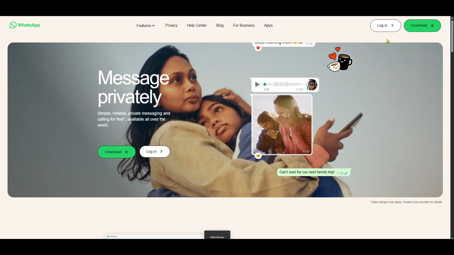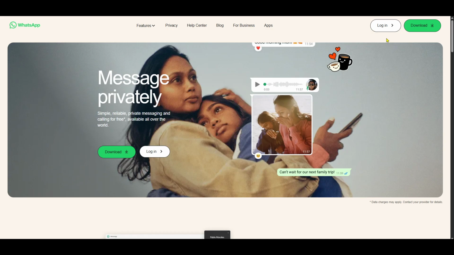Once you've reached WhatsApp's homepage, you'll notice a prominent option to log in. Click on this and prepare your smartphone. WhatsApp Web requires a QR code scan, so on your phone, open WhatsApp. Go to the Settings menu and select WhatsApp Web Desktop. This will activate the camera to scan the QR code displayed on your computer screen. Make sure you align your phone with the QR code, and once it's scanned, your WhatsApp account should sync immediately with the web interface.